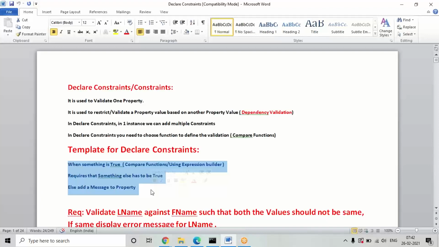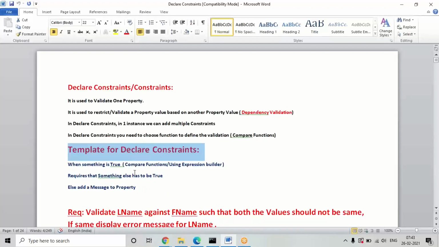Okay, so first of all, let's see one example to understand better. And anyway, this also will just declare the condition, and wherever these properties are used and when input is given only, it will read the condition again. See, even in the declare expression also, if you observe, after giving input only, it is giving the correct output. If input is given for only one property, it is not giving the exact output. When input is given for all the properties, then only these conditions will perfectly work. If you don't give input for the second property, then it will not read this condition. When input is given for both the fields, then only this condition will trigger.